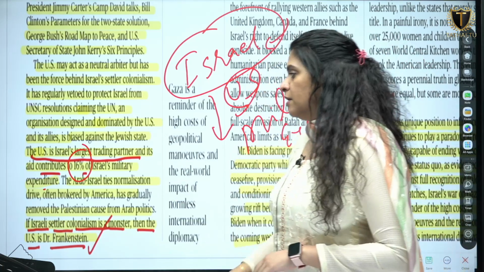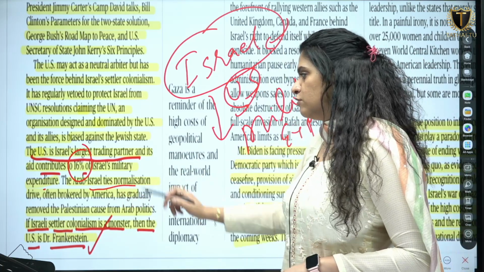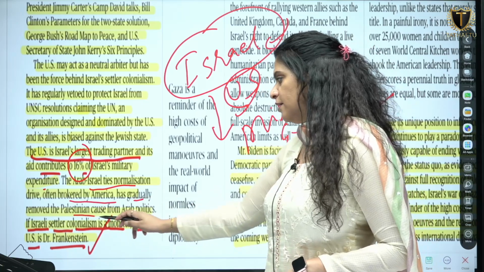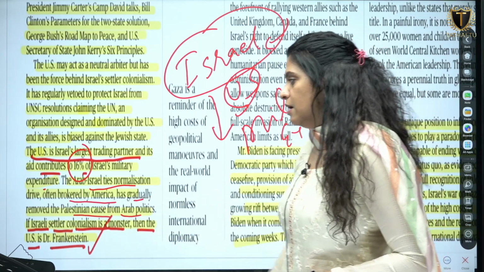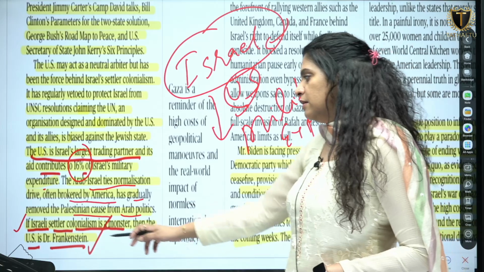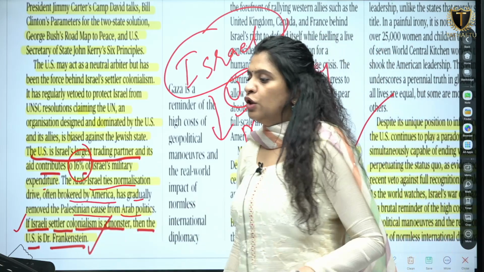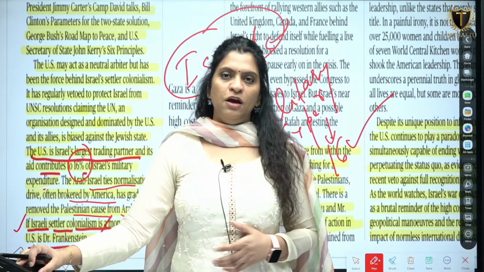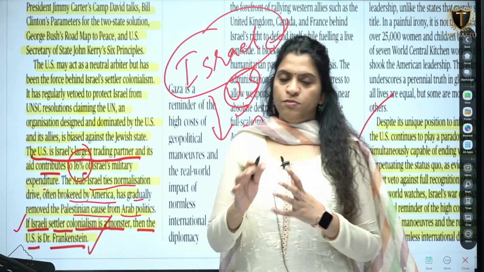The Arab-Israel ties normalization drive, often brokered by America, has gradually removed the Palestine cause from Arab politics. If Israel's settler colonialism is a monster, then the US is Dr. Frankenstein. तो आपने Frankenstein की story सुनी है कि जो Doctor Frankenstein होता है वो अपने एक experiment में एक